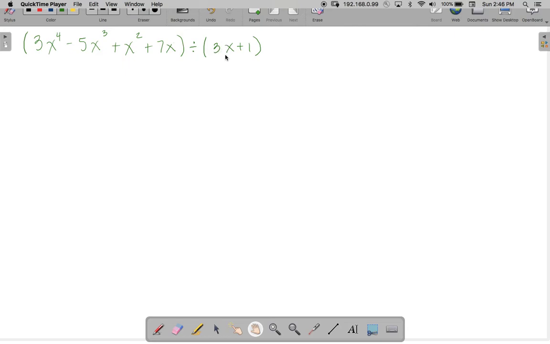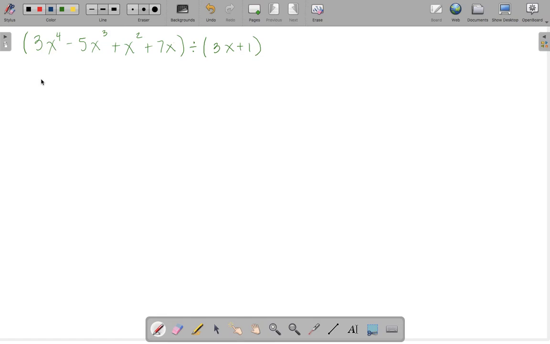But in order to use synthetic division, your divisor has to both be a binomial and the leading coefficient of x needs to be 1. So the question that this video is intended to answer is, can I still use synthetic division? Is there something I can do to get this into the right format? And the answer is yes. Before we do that, why don't we try to solve this problem first using long division